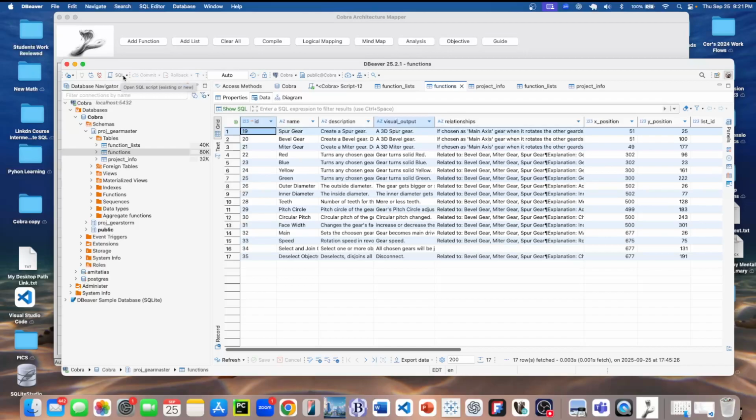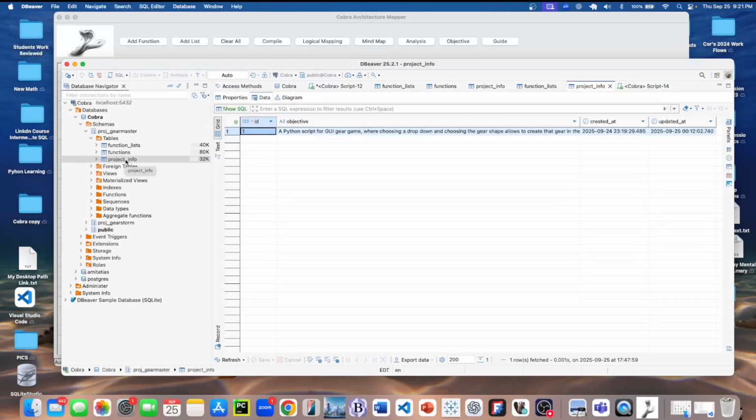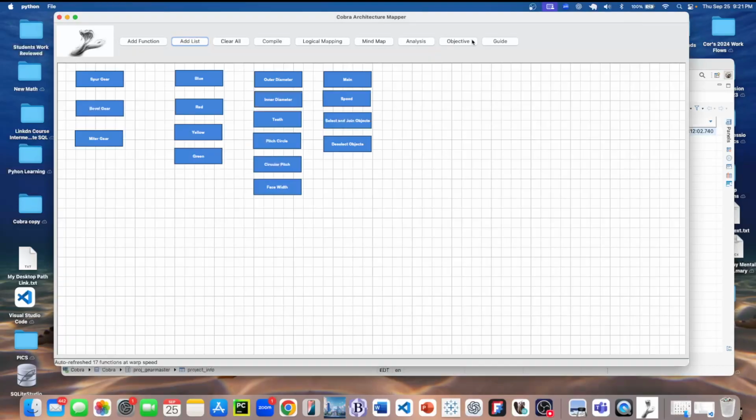Yeah, you could also, of course, go ahead and query. So simple queries as well, and you'll get your info. So we have the project. The project comes from the objective,